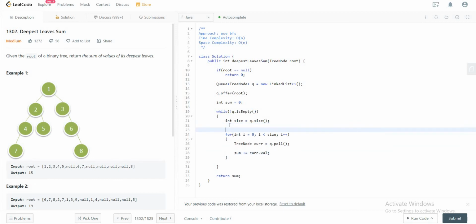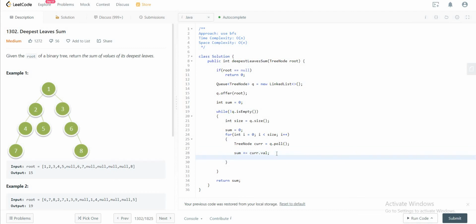However, before we actually jump into the for loop, we need to set the sum back to 0. And the reason why we're doing that is because as soon as we know that queue is not empty, we know that there's another level to it, and there are other nodes that we need to look at. So to make sure that you're erasing everything else that you've seen previously and looking only at the current level, before you look at all of the nodes at a current level, you need to make sure that the sum is set back to 0. So that's the reason why it is set back before